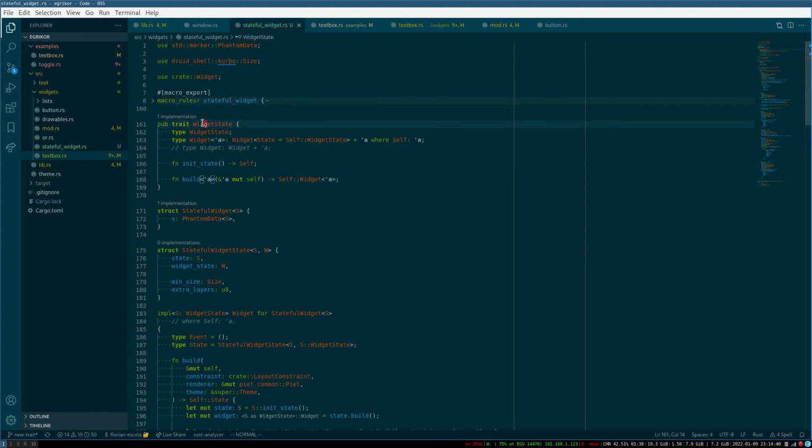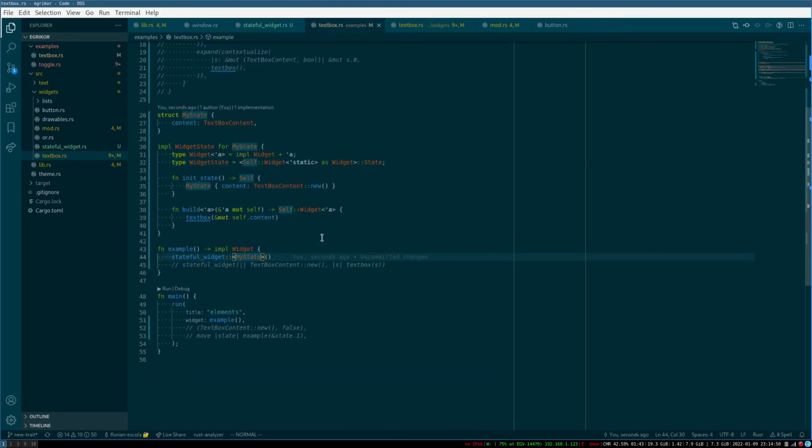Basically I just added a type here, WidgetState, and then added a constraint which says State needs to be WidgetState. Now, this does mean that here you have to use it with static,